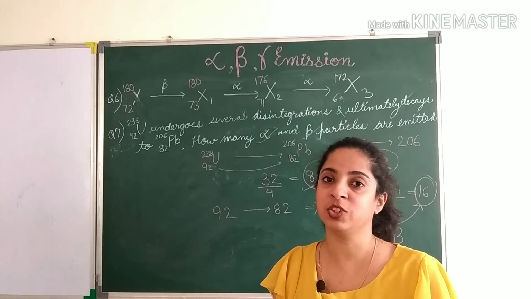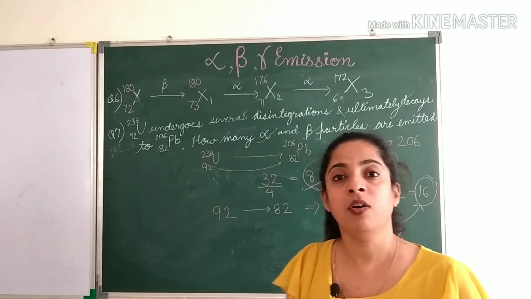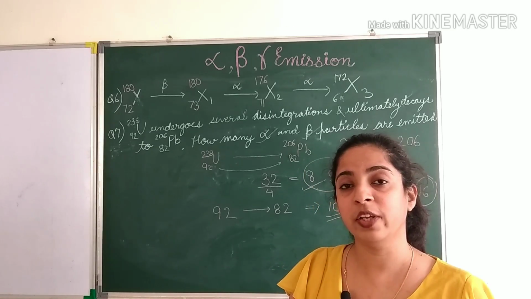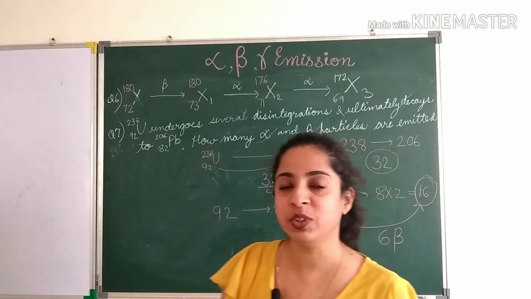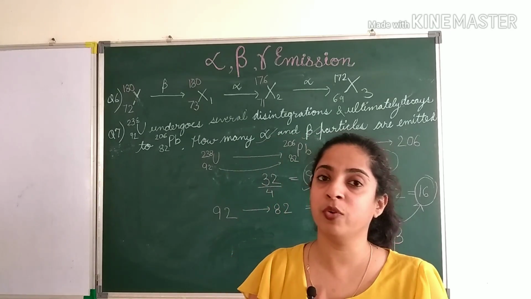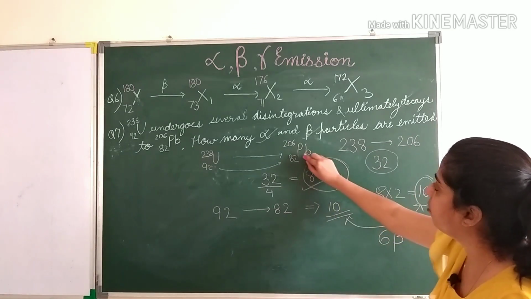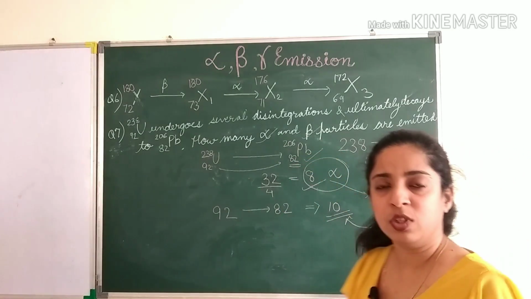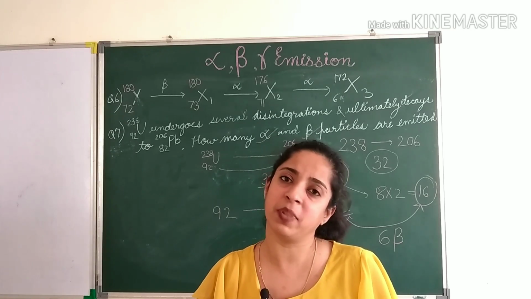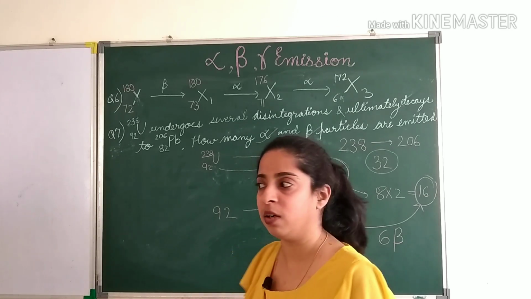I hope you have understood this portion of the chapter very well. Now, apart from this, there are no questions that can be asked. Yes, one more thing, you should remember few atoms like thorium, you should know it is 90, uranium, you should know it's 92, lead, you should know it is 82. So, other than uranium, thorium and lead, you won't be asked to name the nucleus or the atoms. So this is all about this chapter.